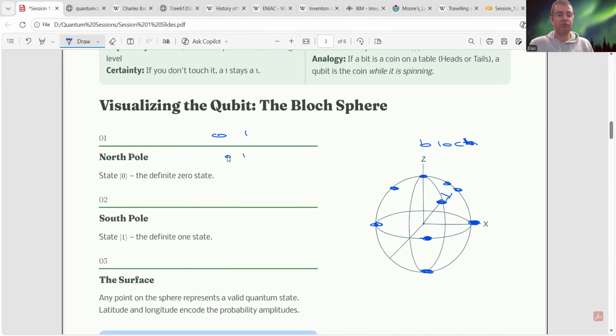If we want to show the state 0, because of course in a classical computer you also just see 0 or 1, when it comes to the quantum computer, we show the state 0 with this notation, like a ket, that I'll talk more about. And the south pole can be a 1, which we'll show with this notation.